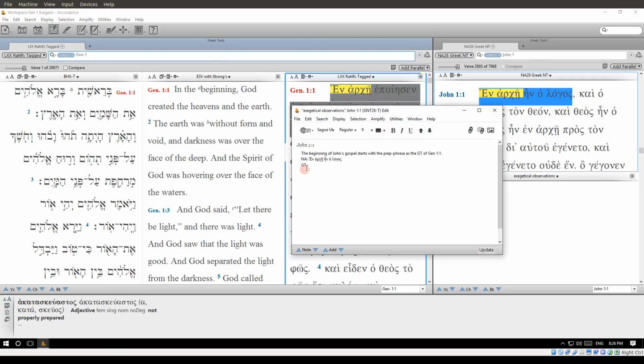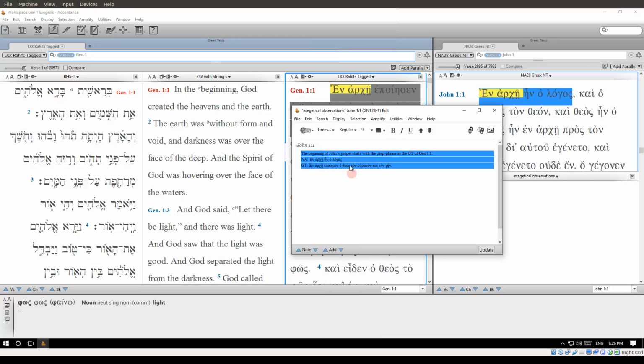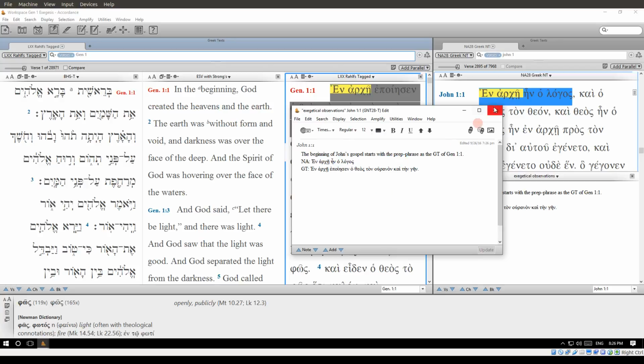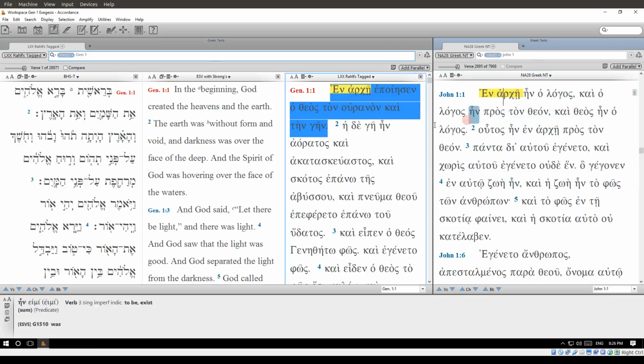So, okay. And as you see, we can tweak the font here. Let's do this Times New Roman. And we can change the size to anything you want. And we can save it. Control-S to save. And now what happens is that since we have added a note here to the Nestle-Aland 28,